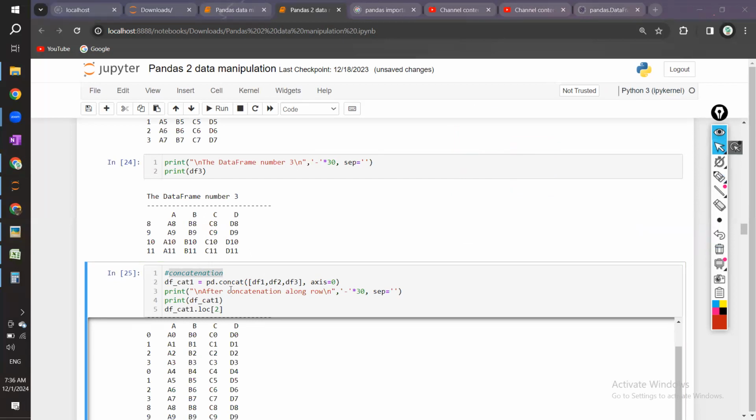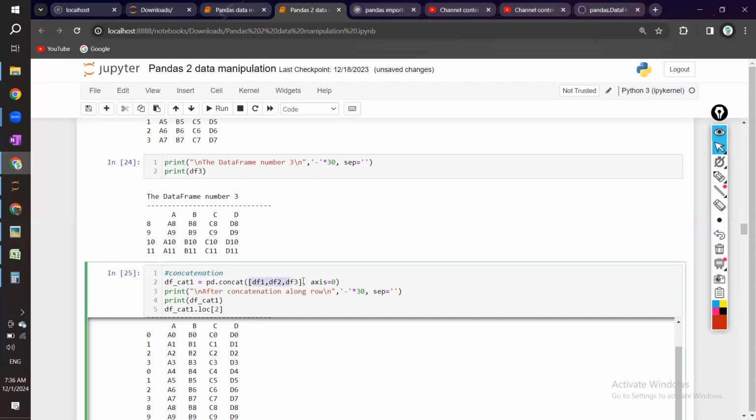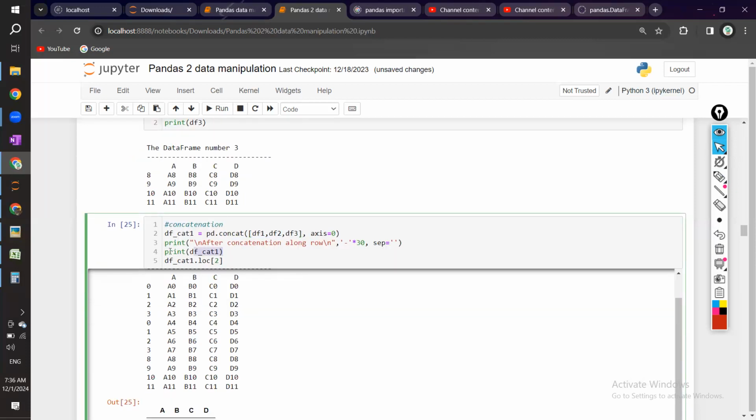For that we are using concat. When I say pd.concat, inside that I'm giving a list of data frames, df1, df2, df3. Once I do that, when I print my dfcat1, concatenation 1,